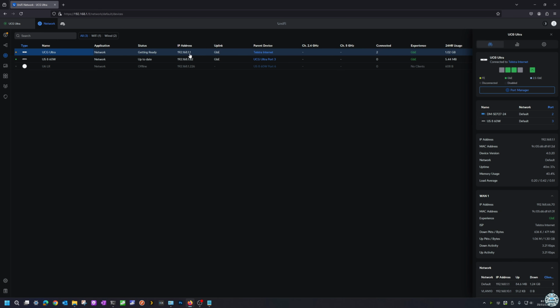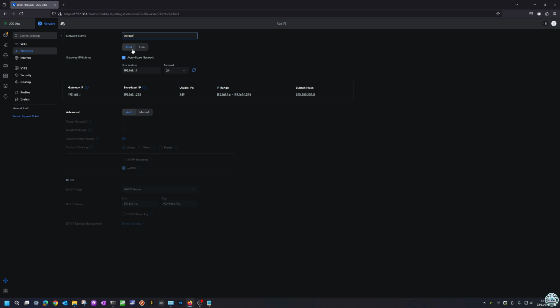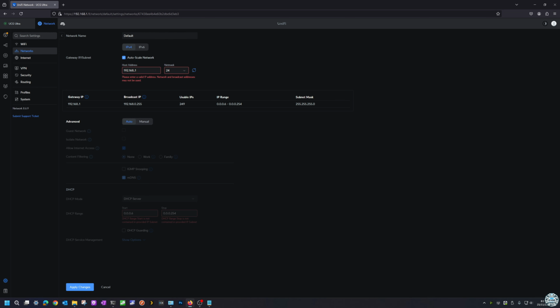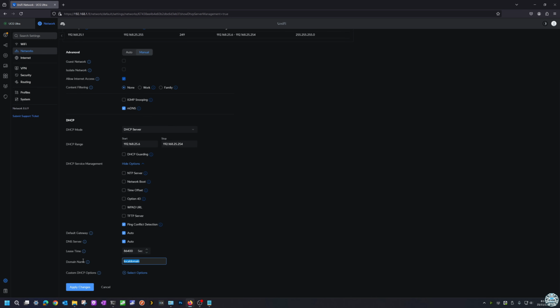Now, if I did need to change that network from the 1.1 settings network, I will change this to, I don't know, 25. Now, auto scale, I would usually recommend to just leave off. If you did want to manually specify DNS down here, you can manually specify DNS. If you did have this as a DHCP server for an Active Directory, you would actually put in here the Active Directory name, whatever it is. It's usually going to be